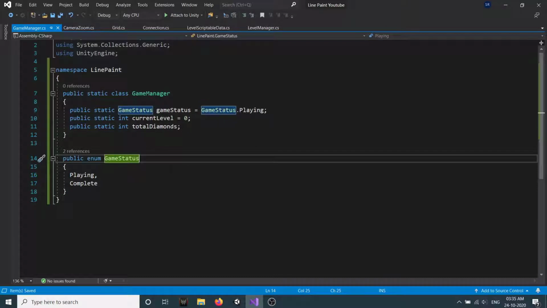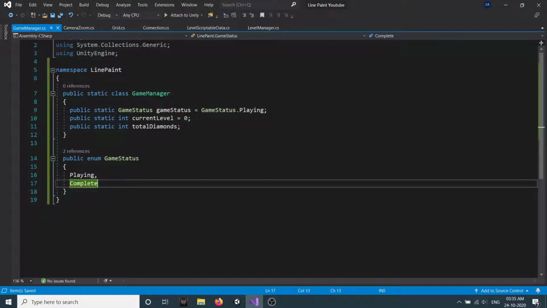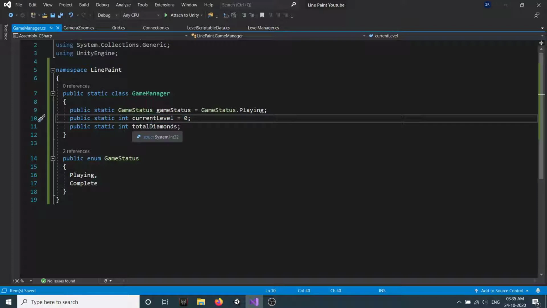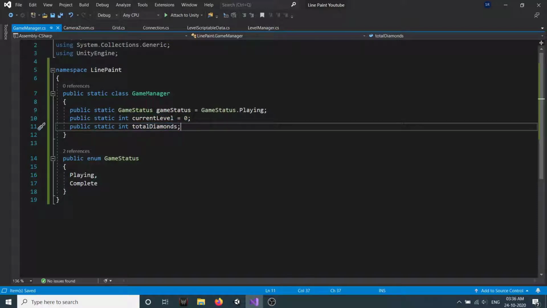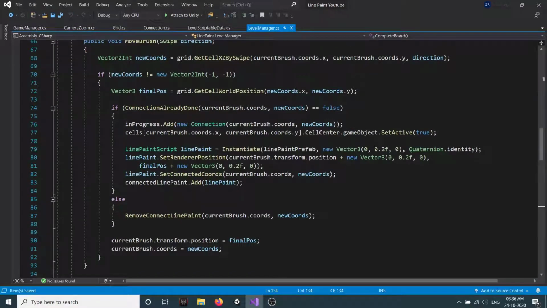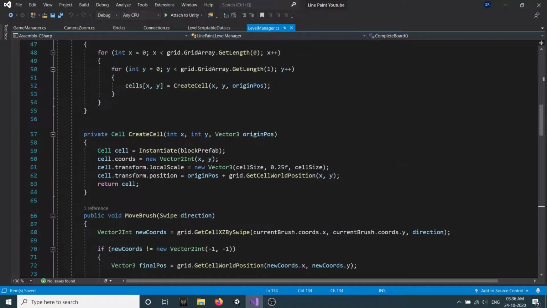Okay, so as you can see here, we created a new enum called GameStatus which has two types: Playing and Complete. And here in GameManager we set our game status equal to Playing. Then we create a static int currentLevel which is 0 and a static int totalDiamonds. So basically whenever our player wins we will award him some diamonds. Okay, so let's save the script and go back to our LevelManager. Now in LevelManager we need to check whether the level is completed or not. So for that,